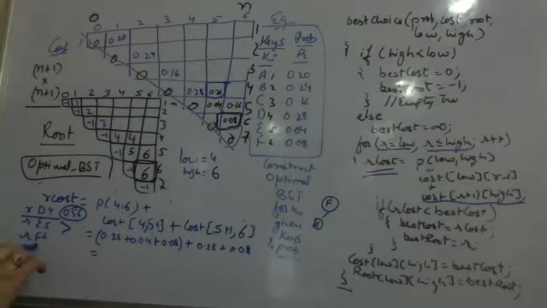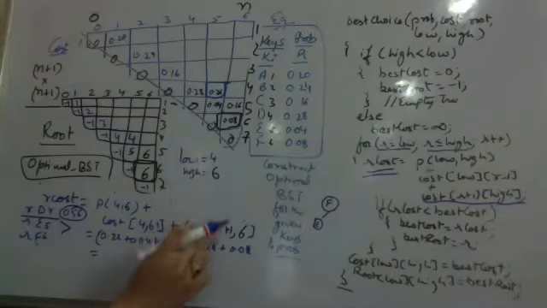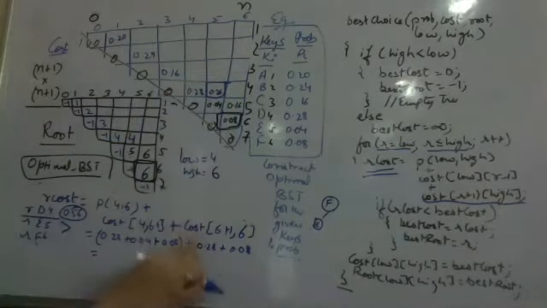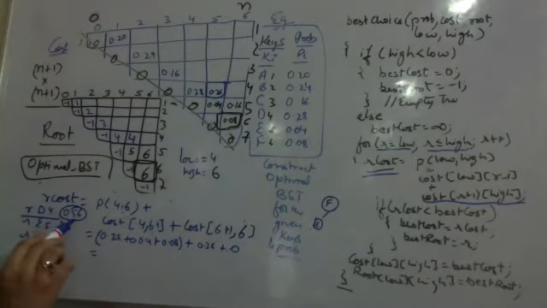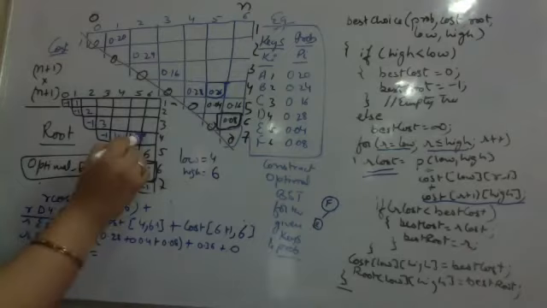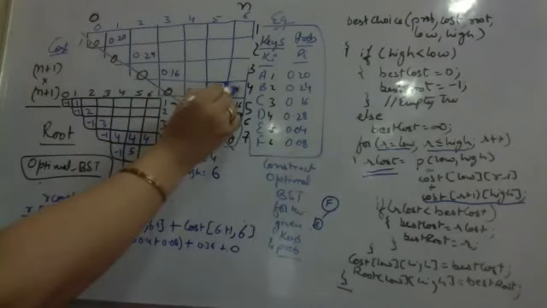Let's calculate for the next one. Sorry, root is 6. So cost becomes 4 comma root minus 1, root plus 1 and 6. So here 4 comma 5. This becomes 4 comma 5. This is 0.36. And this becomes 0, 7, 6. This is also greater than 0.56. Whatever it is coming out to be is also greater. So root 4 and 0.56 is the minimum cost. A yes or no? Yes, ma'am. So the root here becomes 4 and this becomes 0.56.